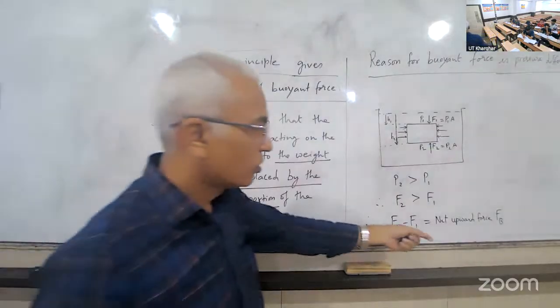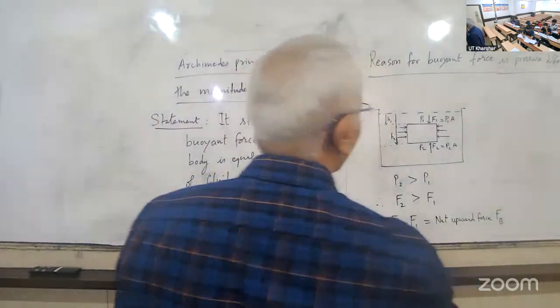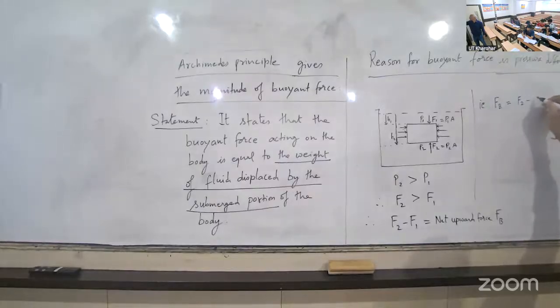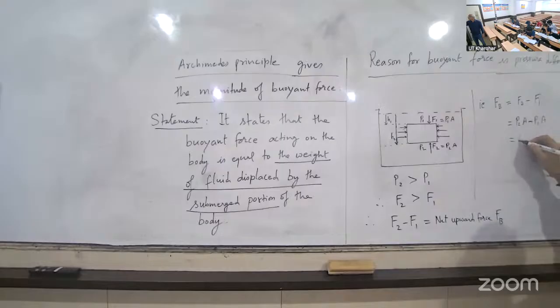ठीक है। सो ये हो गया, तो कितना आएगा? दैट इज F_p is equal to F2 minus F1, तो F2 कितना था हमारा, P2 A minus P1 A, ठीक है। तो ये क्या हो गया, ये कॉमन ले लो, P2 minus P1, P2 कितना हो गया, H2 ρ g minus H1 ρ g, ρ किसका है, लिक्विड का, तो ये क्या हो गया, A into (H2 minus H1) into ρ g, A into H हो गया,